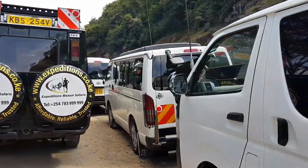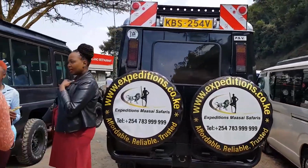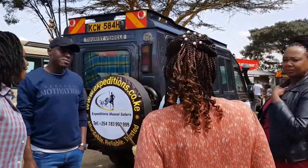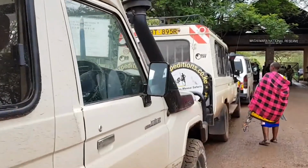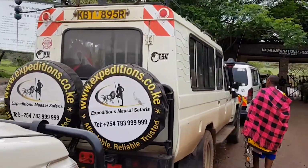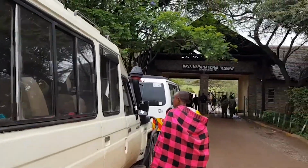Now it was the time for the main part, finding game drivers for tomorrow to go on the safari, and we were just searching for others to share the car with them to reduce the costs, but we didn't find anybody because we went there off season,